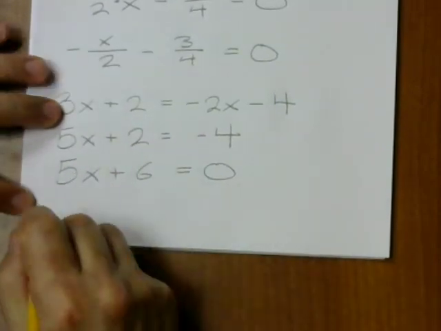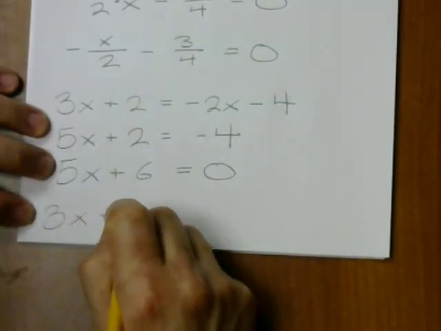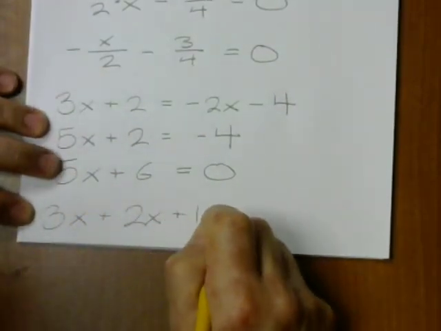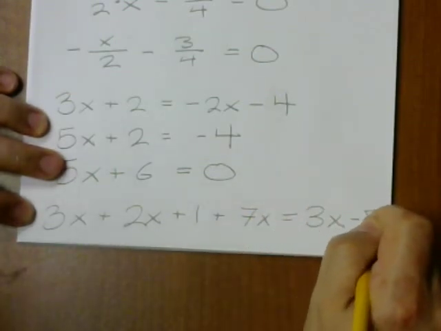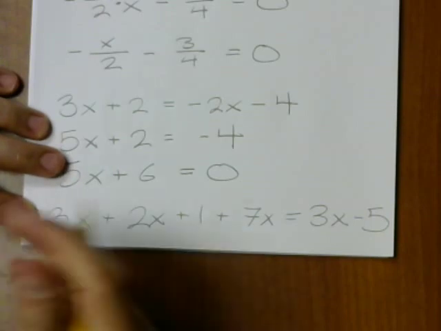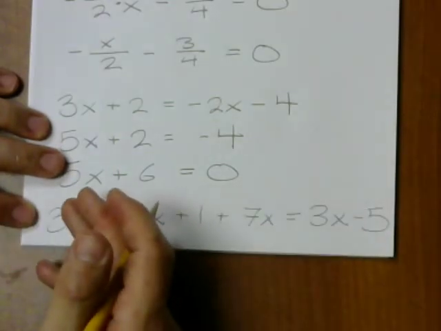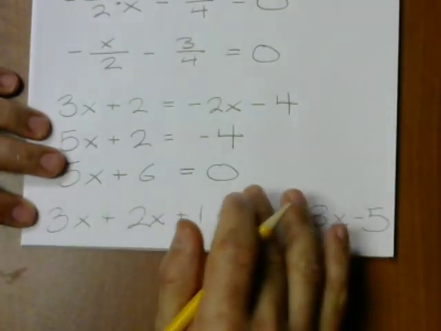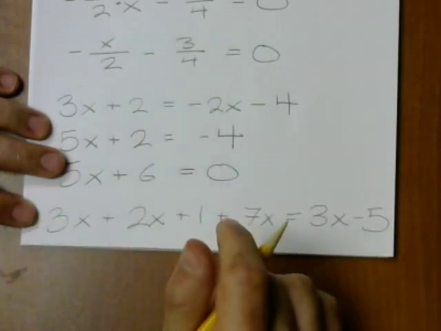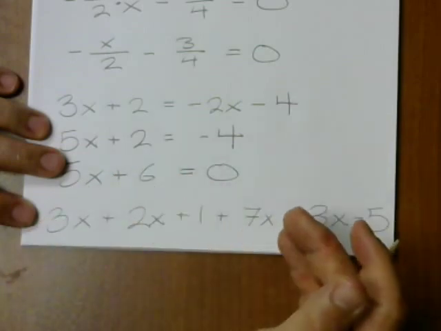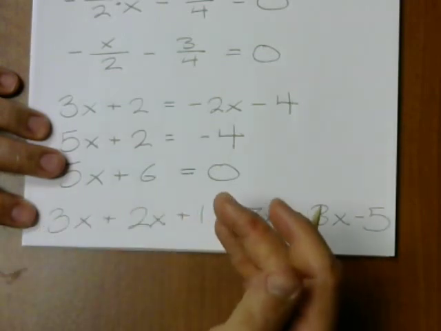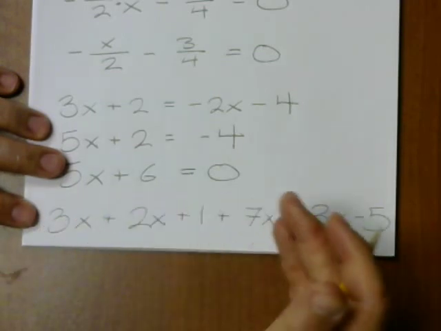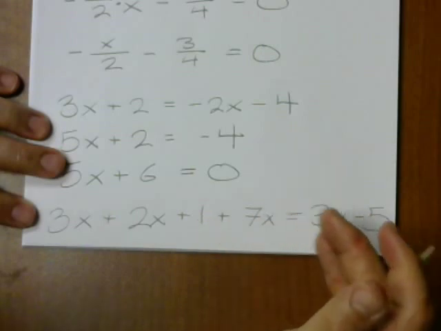You could have something like 3x plus 2x plus 1 plus 7x equals 3x minus 5. And I can tell you right off the bat, this is going to be linear because I can move everything to the left. I can add up or subtract all the x's. I can add and subtract all the constants. I'll get a term where the x coefficient is constant, and I will get a constant, and I'll have a